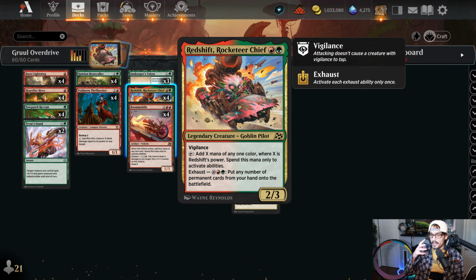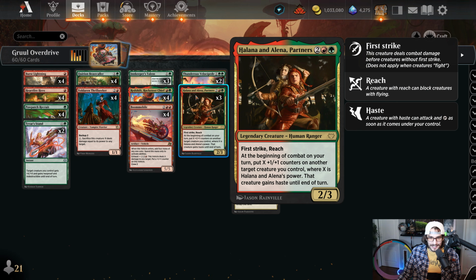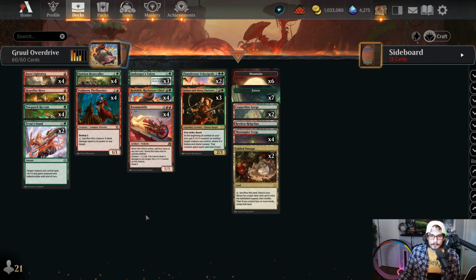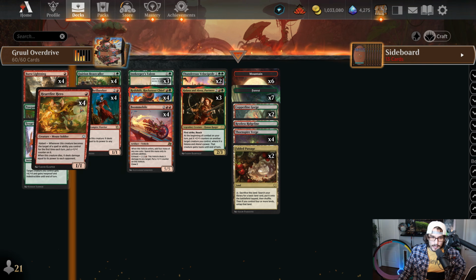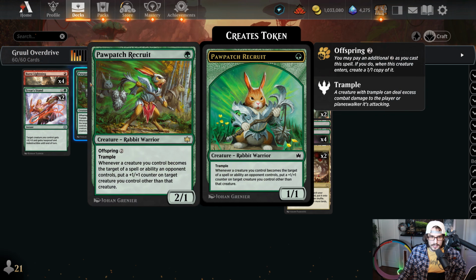But just like we mentioned at the start of this deck tech, it's the Redshift that we want to go with. It's Halana and Alena that we want to go with primarily, right? And then she can pass them elsewhere. Aside from that, like I mentioned, the Heartfire Hero here does belong on that front end alongside the Pawpatch Recruit